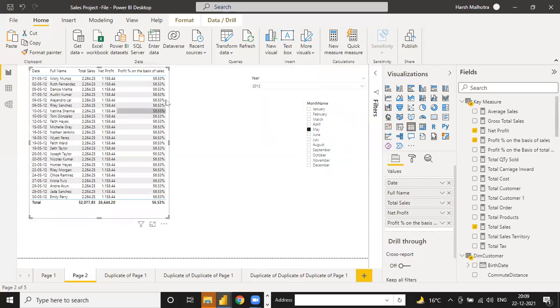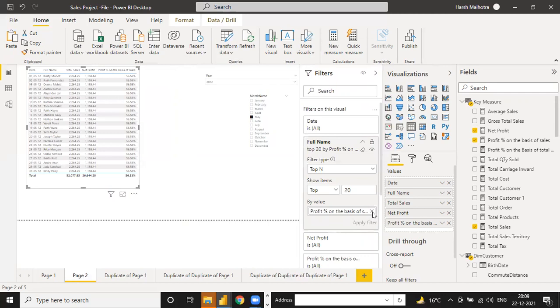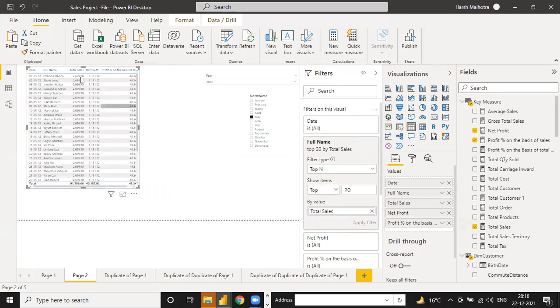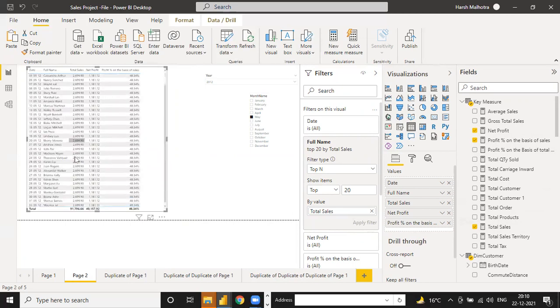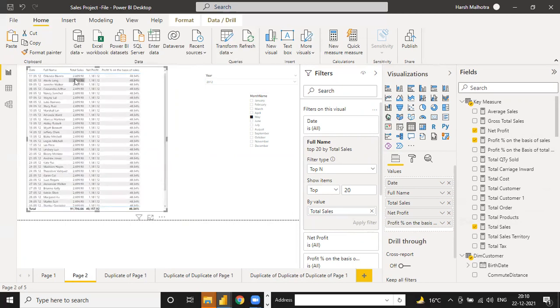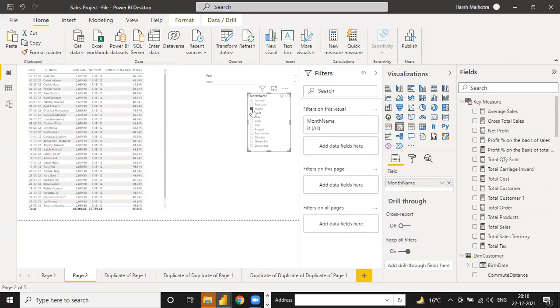But if you click on this same filter, click on there. Here if I remove this, and here I want to add the total sales value and apply filter. See, the value is changed. The value is changed for the month of May. And guys, why are this value and the sales price the same? Because you have one quantity for one order and one price. That is why. Okay, if I click on this March, this value will automatically be the same.